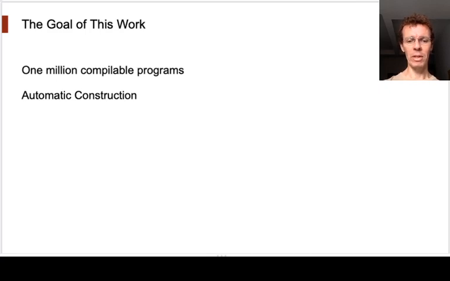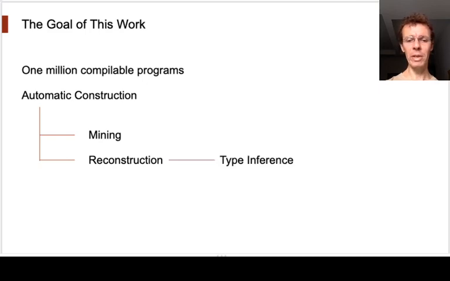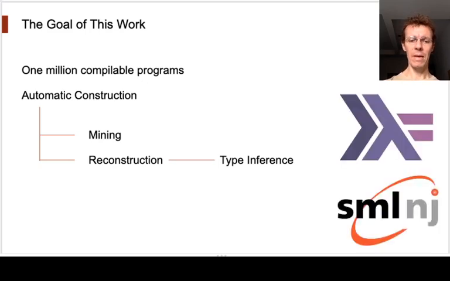Additionally, an important contribution of this work is the recipe to produce benchmarks automatically. This recipe includes the techniques necessary to gather the benchmarks from open source repositories and the techniques to reconstruct the programs so that they are guaranteed to compile. For this process of reconstruction, we use type inference. And that's the same style of type inference that's used in functional programming languages.